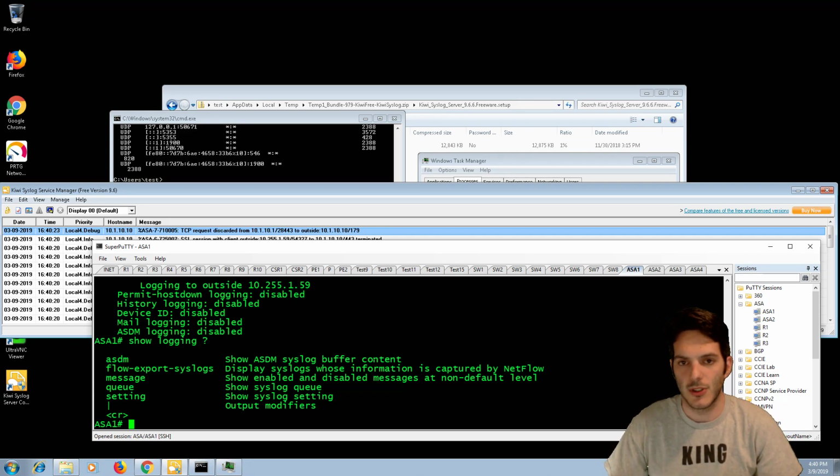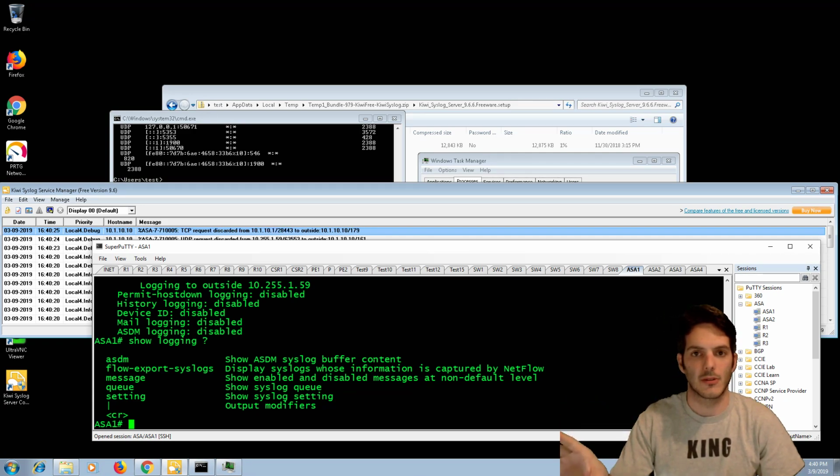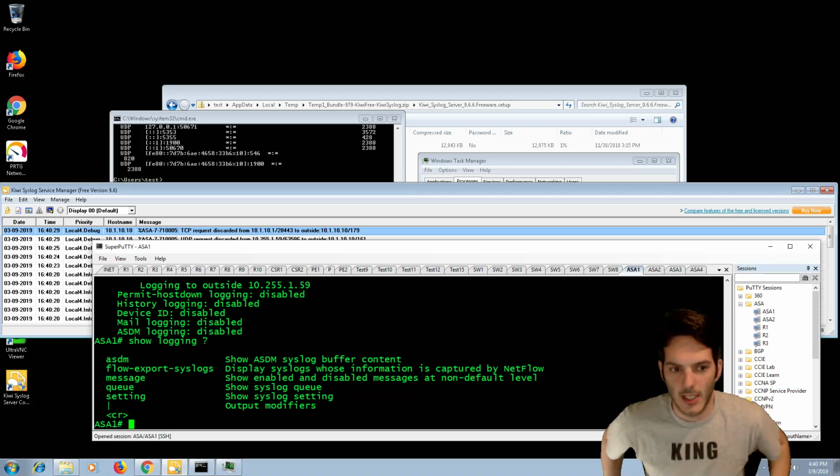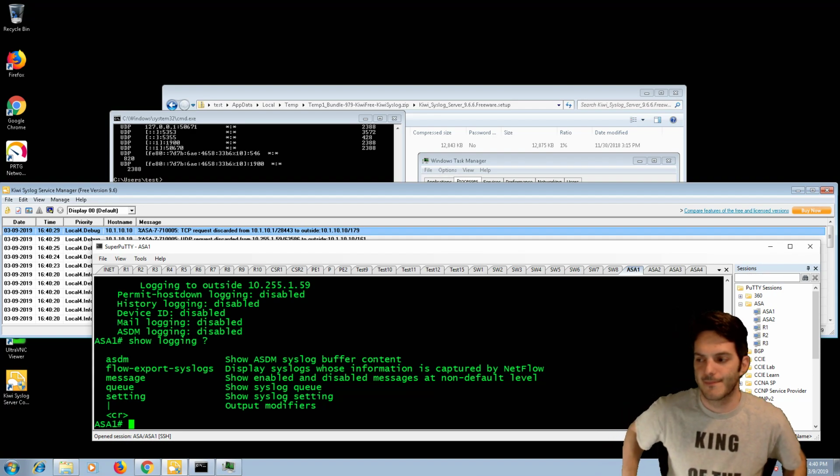Now this is good for sending it somewhere else, right? You're sending it off box to another device, and that's what you need to do for